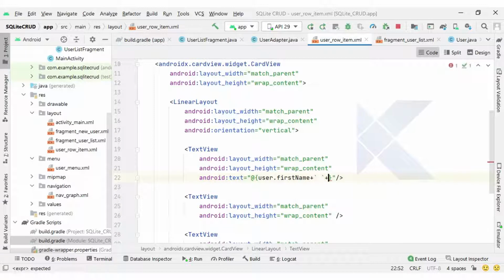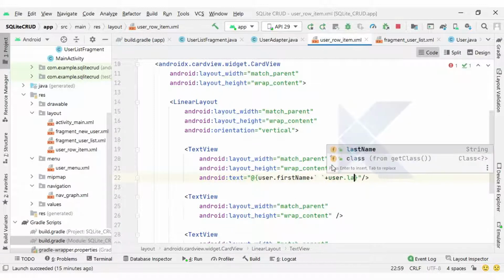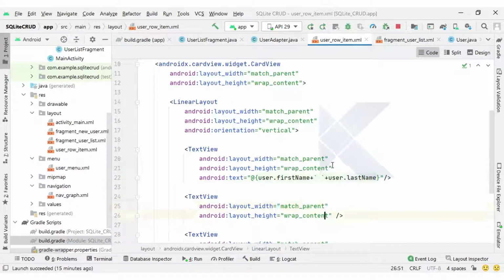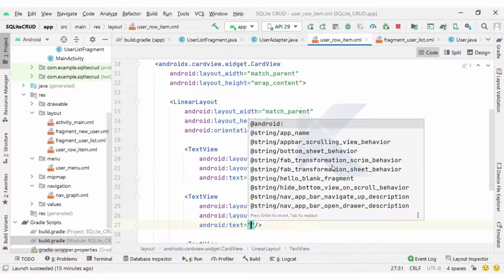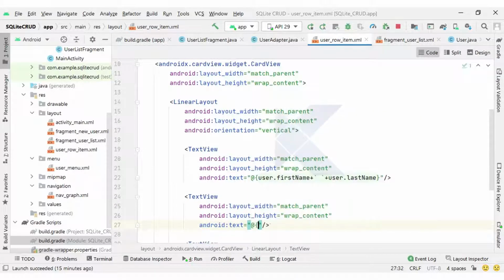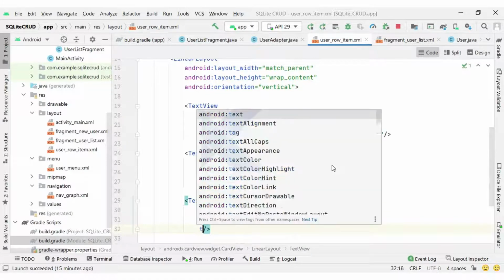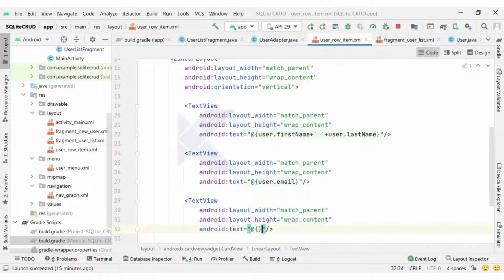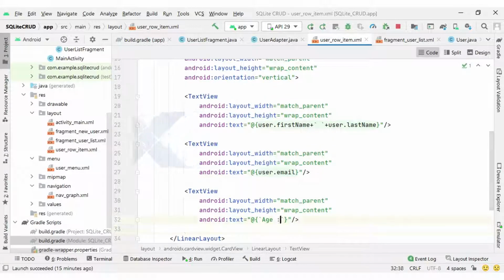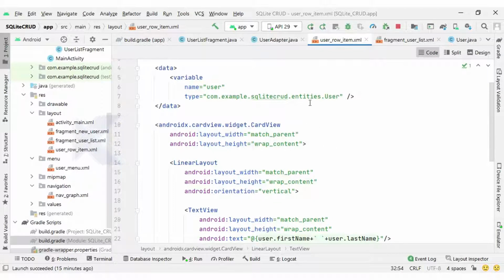So I will set a space in between first name and last name. Next, in this text view I want to set the email, so I can type user.email here, and in this text view we need to set the age, so I can type @{user.age}. Okay, so we have done with our row item.